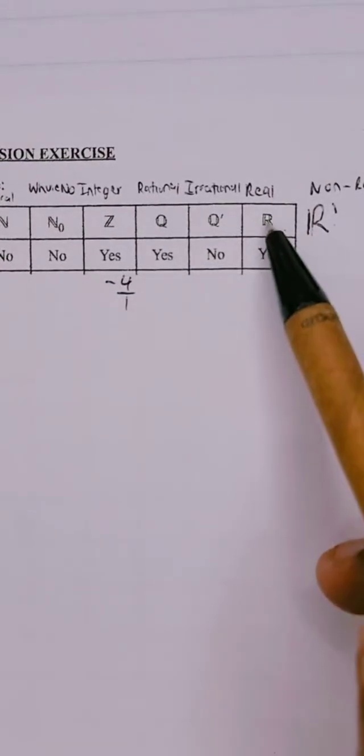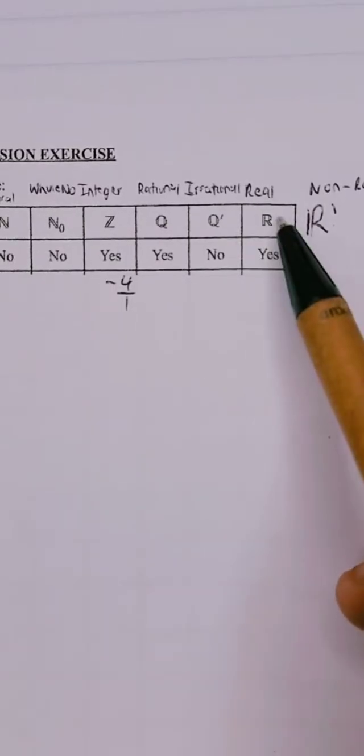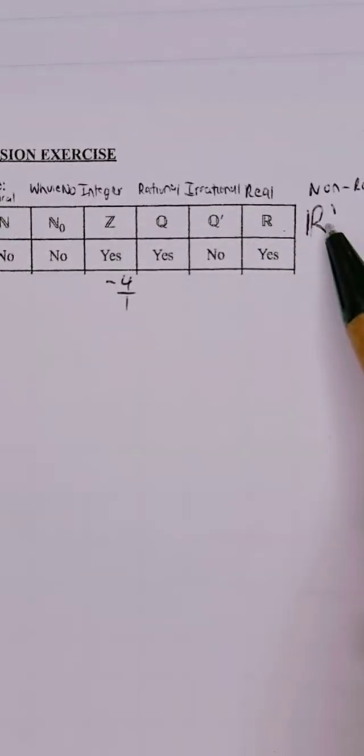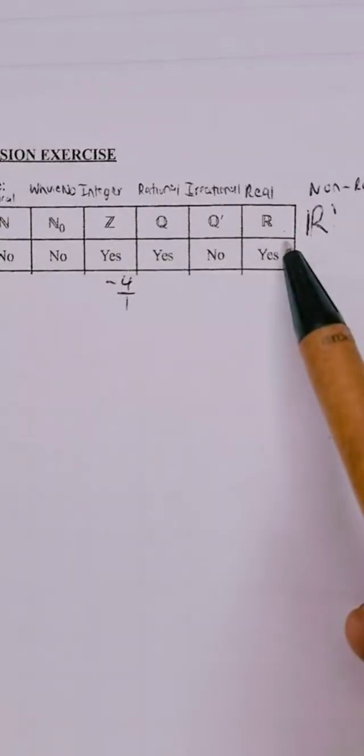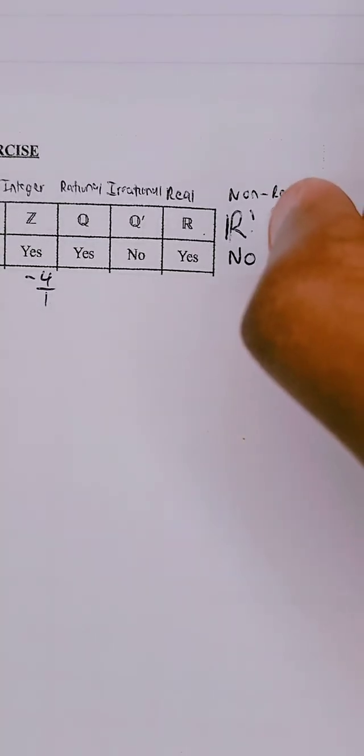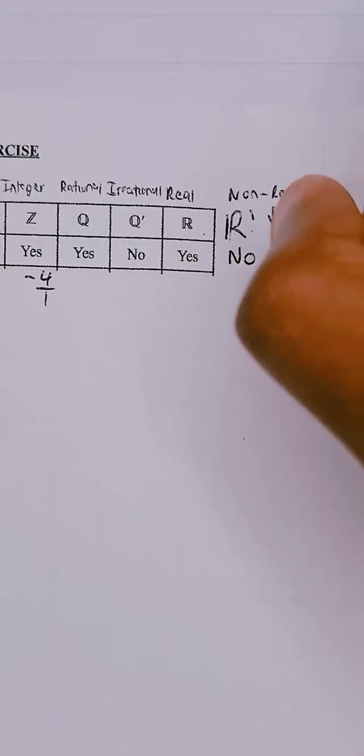Next, is negative 4 a real number? Yes, because real numbers are all the numbers in the number system. And then lastly, is negative 4 a non-real number? And the answer there would be no, because non-real numbers are all the numbers that can be written inside a